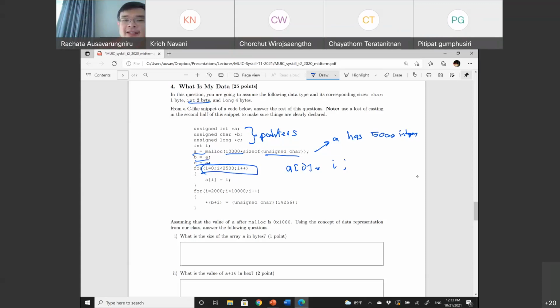Then starting from I equal to 2,000 to 10,000, instead of using A, I use B. And B of I is going to equal I modulo 256. What happened here?